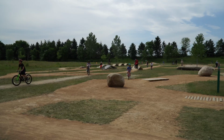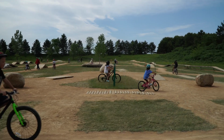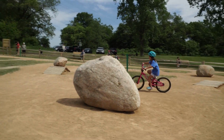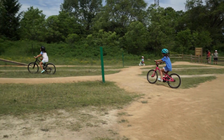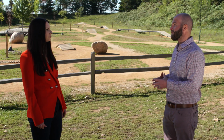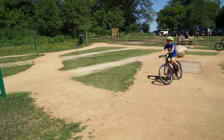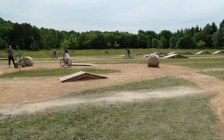You mentioned the progression and the different features. Can we get a little bit more into that, and can you tell me about those? Sure. There are 4 areas here at the Bike Park Playground. The first area is designed for balance bikes. It's in the front center of the park. And it's really got some smaller features, some boulders that younger kids, maybe 18 months to 3, 4, 5 years old, can ride around and get an experience of being off-road on the mountain bike trail, but in a safer environment. From there, you progress to the tot track, which has a series of prefabricated wooden A-frames or